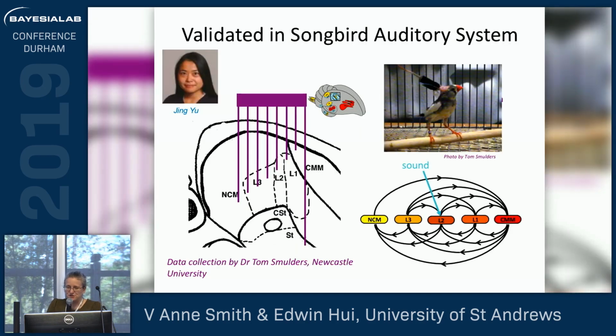So I'm going to start with just showing you the first stuff we did with this. This is with Jing Yu when she was at Duke University here, and I was here with her using some data collected from songbirds. This is a female zebra finch. And the reason we did this is they actually know where all the axons go in the brain in this particular region where they're listening to sound. So we could put electrodes in there, we can try to apply our Bayesian network algorithms to them and see if the structures we recover flow over known paths. And if they do, we're quite good.